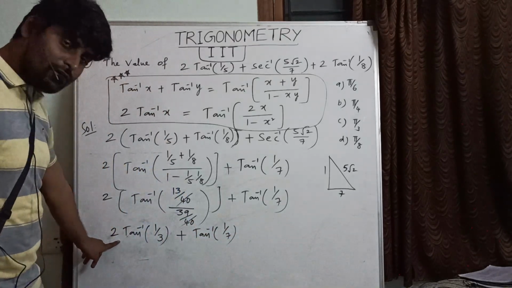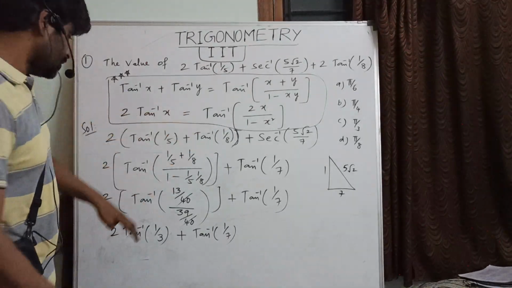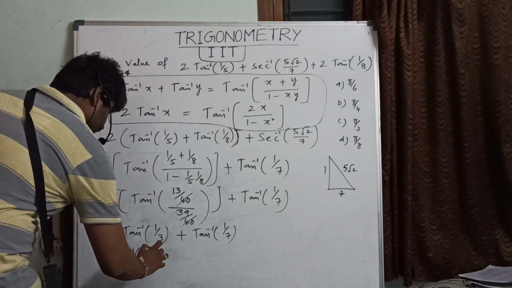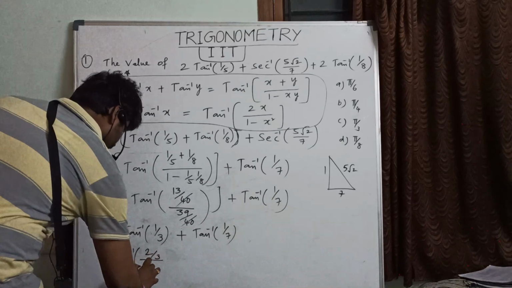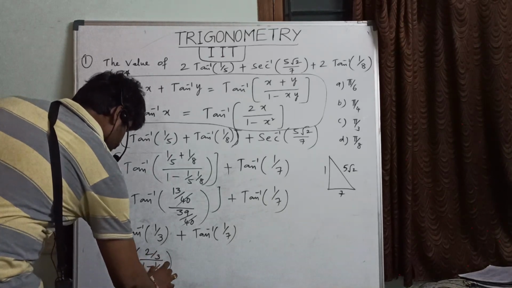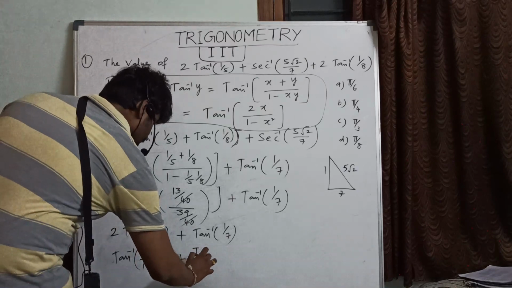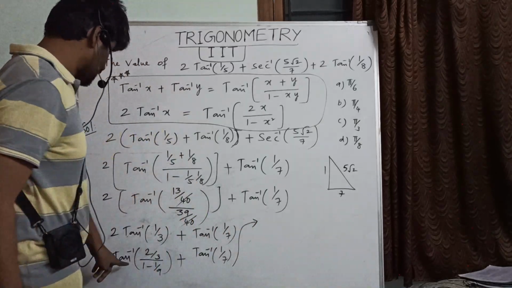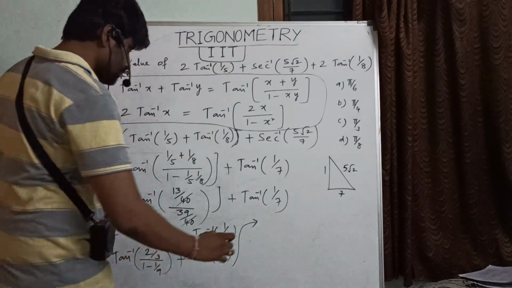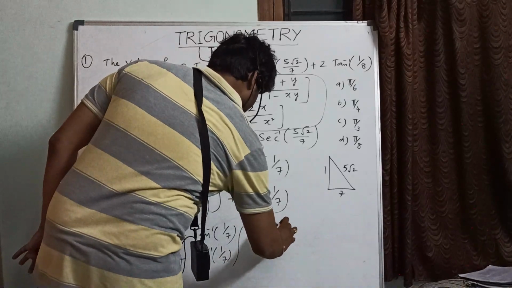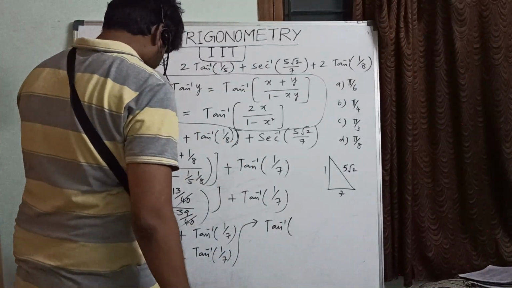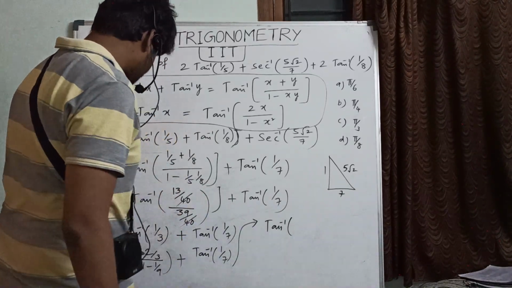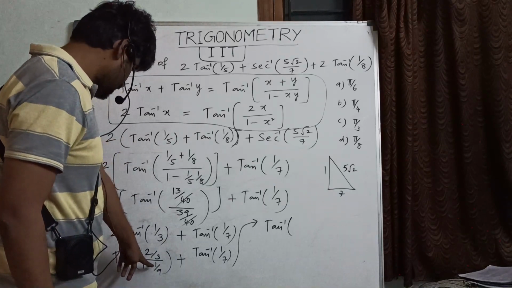Now again, this is in the form of 2 tan inverse x. Okay? So tan inverse of 2x by 1 minus x square. 2 into x, so 2 by 3, by 1 minus 1 by 3 whole square, means 1 by 9, plus tan inverse of 1 by 7. Clear? Now here 2 by 3, so 8 by 9 here. So what will you get if you simplify that? Tan inverse of 3 3s are 9, 2 by 3, 9, 8. Okay. So 2 4 here.